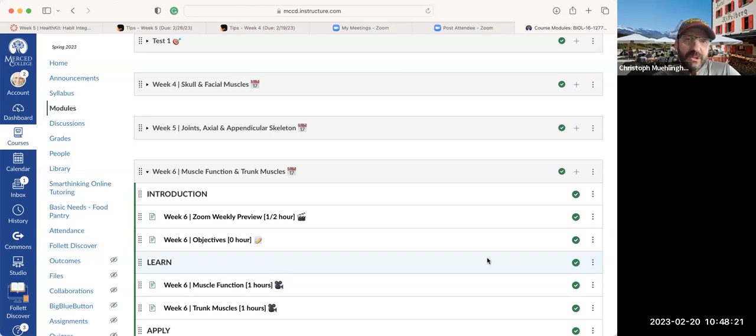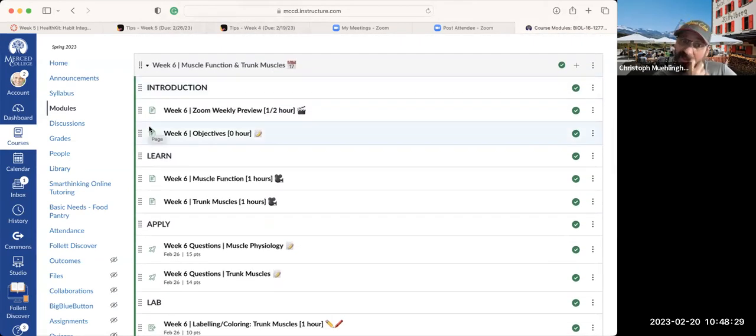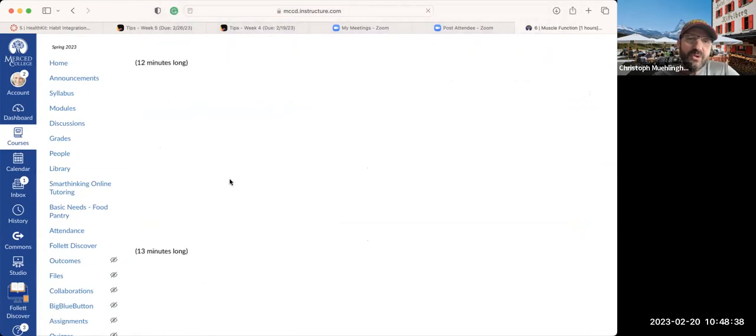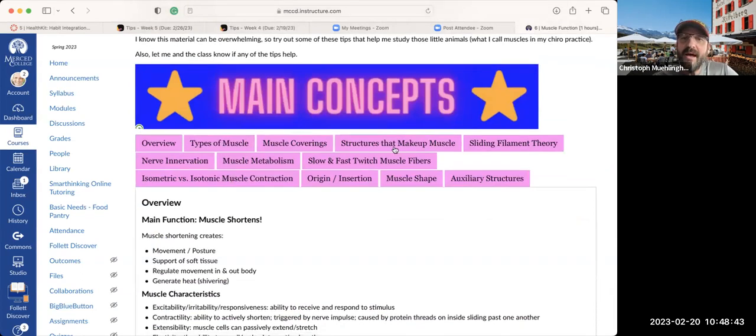It's not too special, but I want to see how you guys are doing with the skeletal system that you just finished. And now this week, we're going to get into the muscles. That's very exciting. We're going to first talk a little bit about muscle function. I review the basic physiology a little bit, so we have an understanding of what type of muscles we have and how they contract, and then a little bit about the nerve innervation. The nerve is the thing that talks to the muscle and says, hey, you got to contract now. We're going to go through a few of those things, and we have a quiz over it, or questions on that,